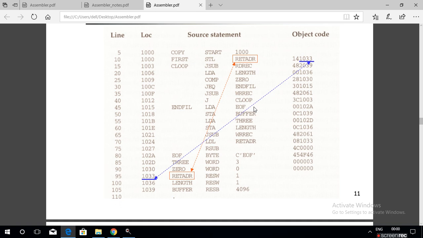Next, I have explained in detail pass1 of an assembler. In the examination, you will be asked to write and explain the algorithm for pass1 of an assembler.